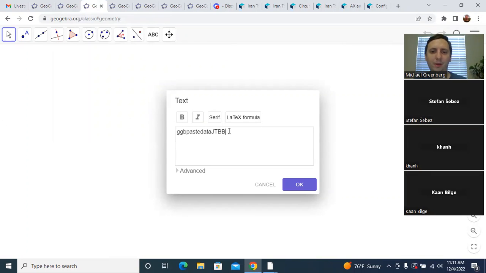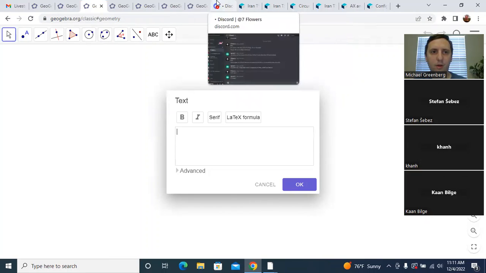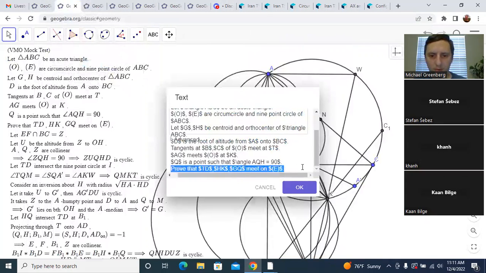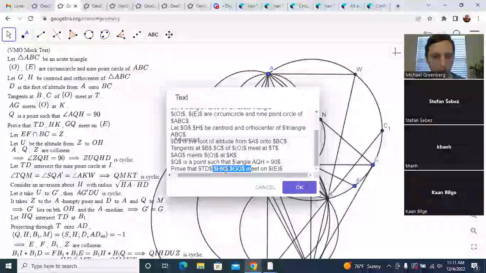No, it won't let me do it. Okay. I think I'll have to go to, let's see if I can copy even just a portion of it. No, it won't let me. Okay. What if